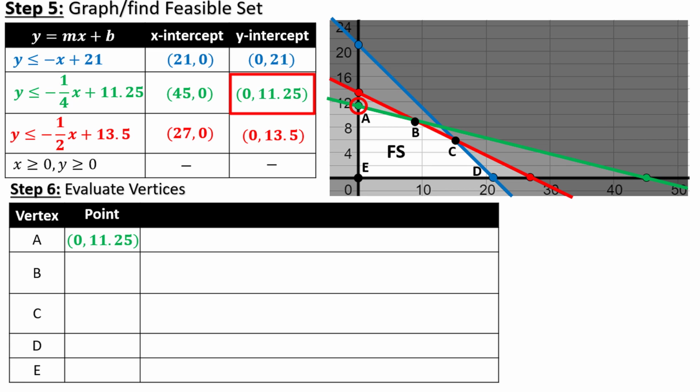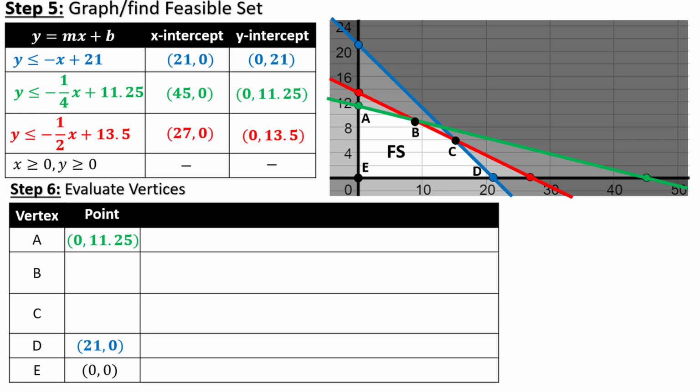Now you technically can't make a quarter of a machine, but you could be a quarter of the way through making a machine by the end of the week, so we will allow the partial machine. Point D is the x-intercept of the blue curve, which is at 21, 0. Point E is 0, 0, which is almost never the optimum value for the objective function, but we should write it down anyways. The other points can be found by setting the appropriate lines equal to each other and solving